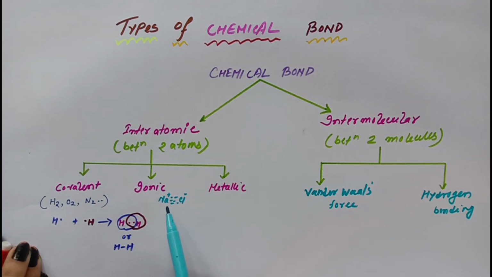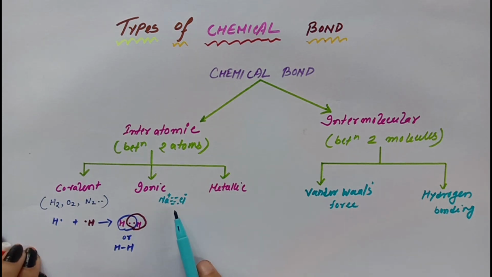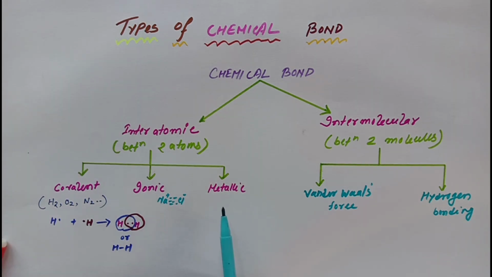So what is an ionic bond? During the formation of cation and anion, for example sodium chloride, it is formed by the electrostatic force of attraction. And metallic bond is formed between the conduction electrons and positively charged metal ions. So these are the interatomic bonds found in atoms. And what is van der Waals force? It is a distance dependent interaction between atoms and molecules. Hydrogen bonding results between a more electronegative element and hydrogen. So these types of bonding are found in chemical bonding.